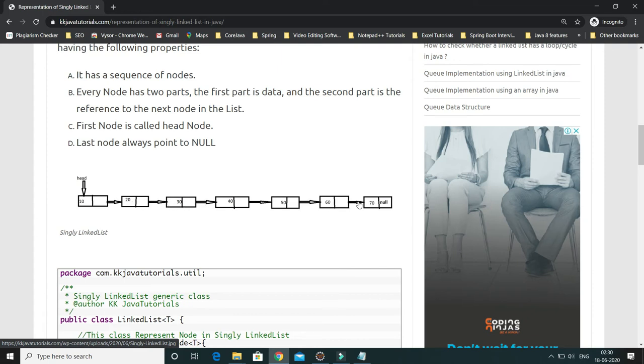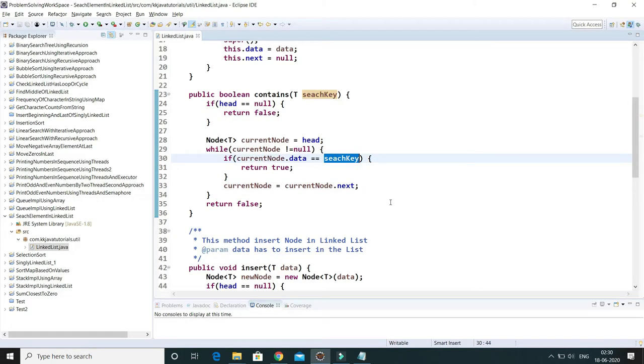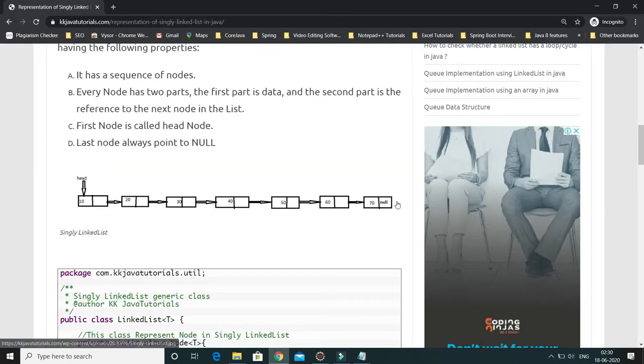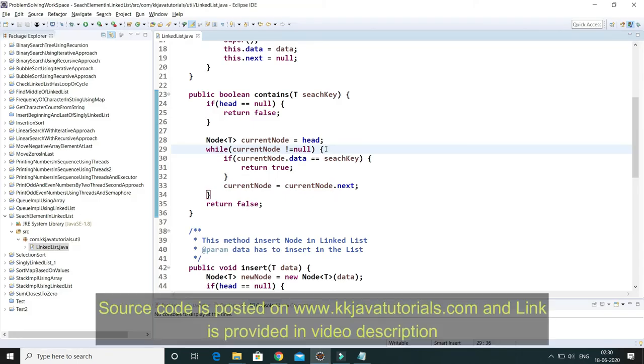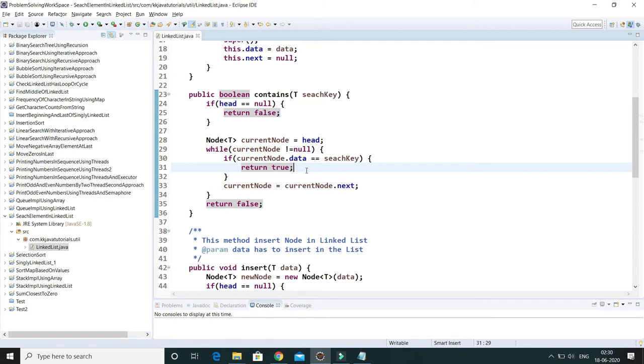This way, until we face the null value, the loop will be executed. Once we reach the last node and do current dot next, we face null, and in that case the loop exits. If we do not find the search key while traversing throughout the linked list, then finally we return false. If we find that key, then of course this will return true.